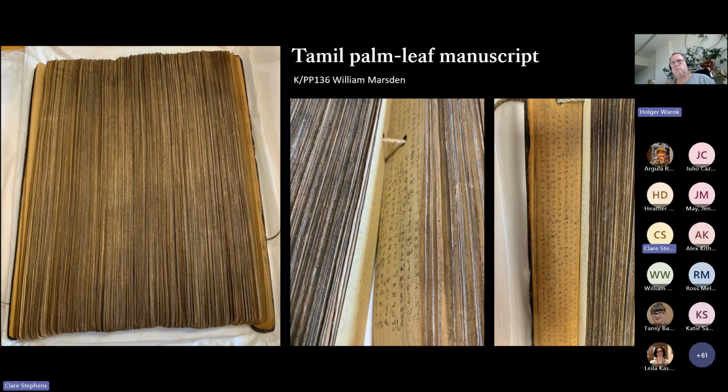They're written on dried palm leaves, the Palmyra palm, with absolutely minute writing. They often relate to medicine or literature. Unfortunately, we have no idea of the subject of this one, but there's a huge program of digitization with these. So that's something that we're going to be looking into, and we hope to make the information available. And you're going to be hearing a lot about Marsden from our colleagues in Special Collections.